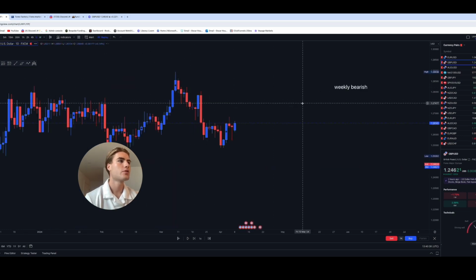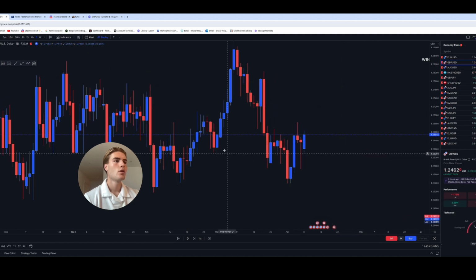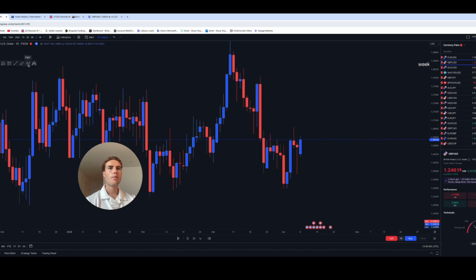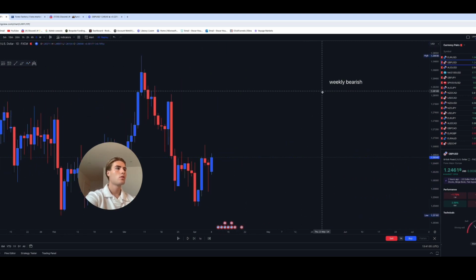Now, if we go down to the daily, a lot of people come at the market and they'll be thinking, oh, this is a bearish structure. It's not a bearish structure, because it's come down here, created a new low, and then we've broken this structure point here, which is the previous lower high. And then we're expecting it to go up. So in this case, the daily is bullish,